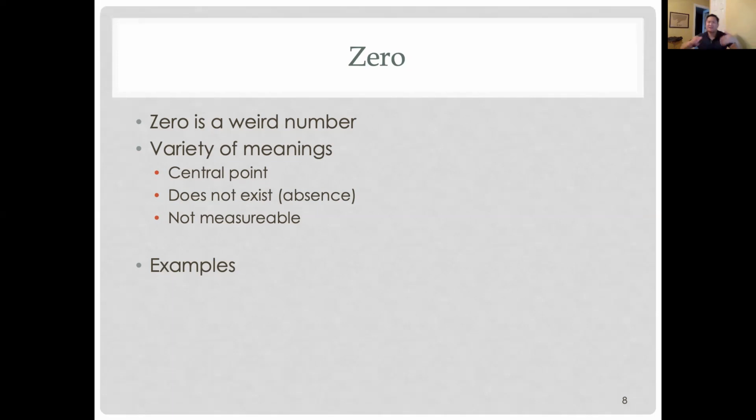But there's lots of examples of 0 being sort of strange, right? Temperature. Here in the United States, we use the Fahrenheit scale. What does 0 mean? It means it's cold, right? That's all it means. 32 is freezing, the temperature at which water freezes, and 212 is boiling, but 0 just means it's pretty darn cold.